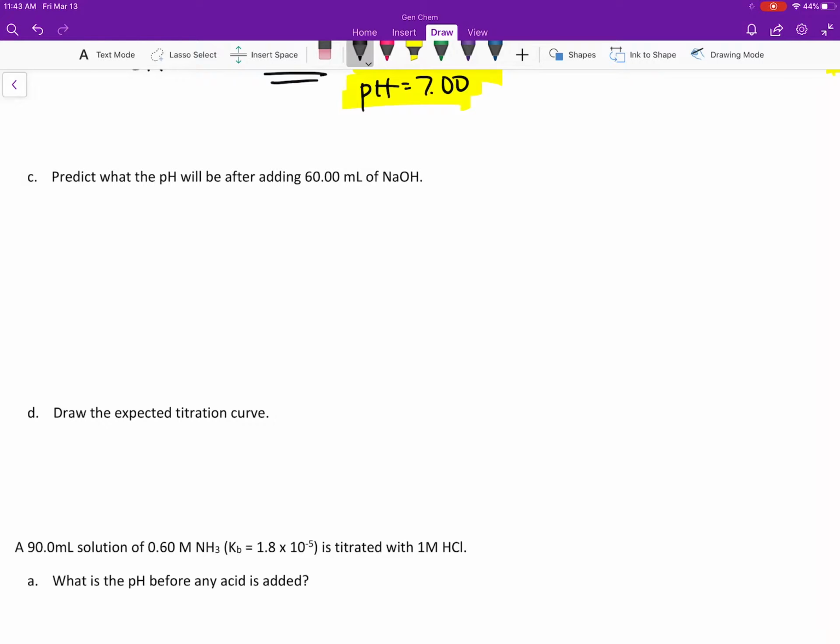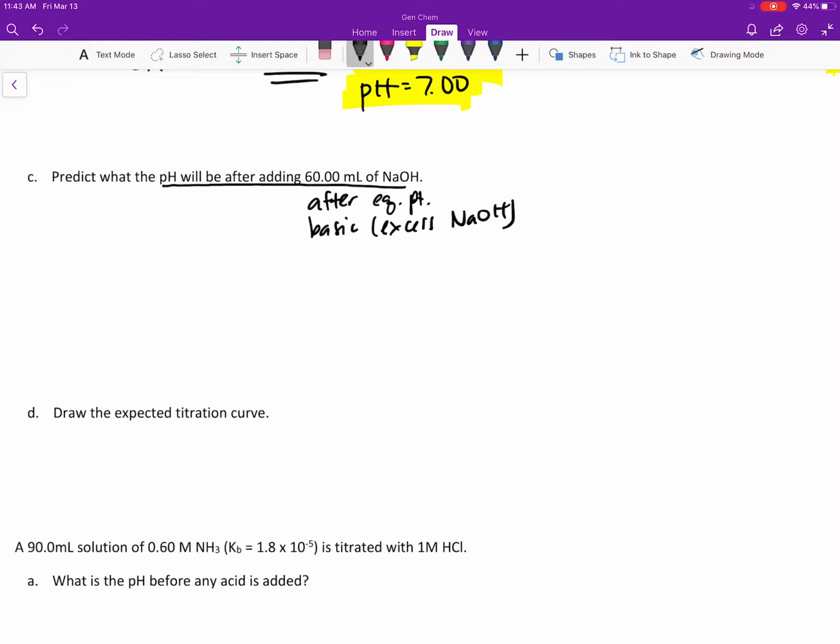Lesson 23, second half of question number 4. Predict what the pH will be after adding 60 milliliters of NaOH. So this is after the equivalence point. The solution will be basic because there's excess